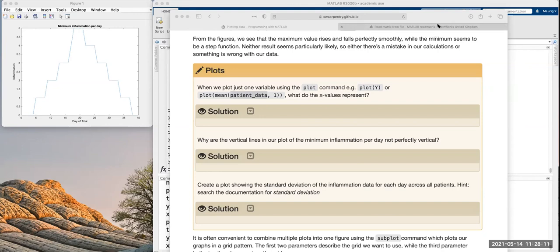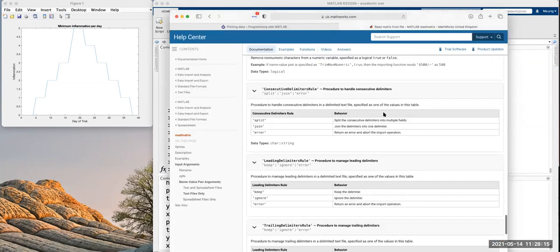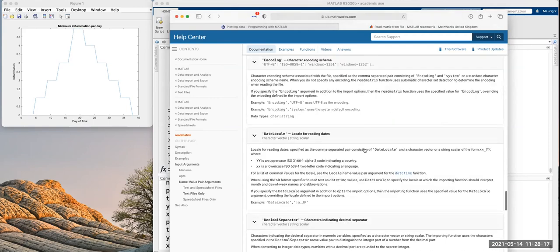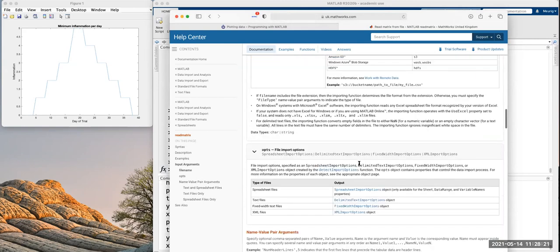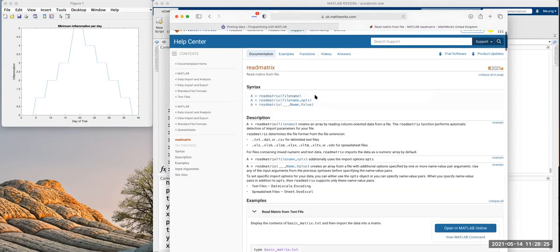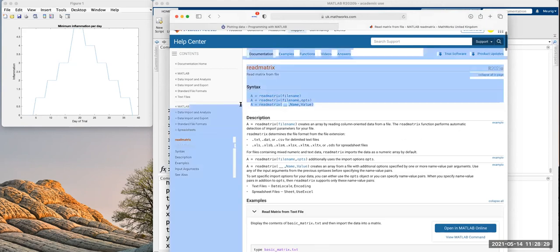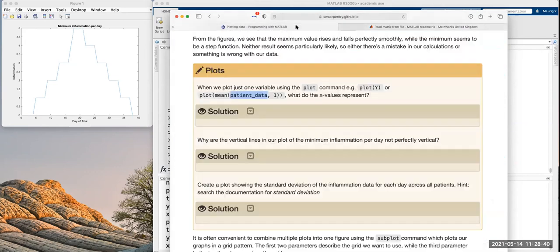So like here, this one we looked at for the readmatrix command, it has all this extra information and little examples and ways to use the command. Most commands in MATLAB have different ways of using them. You can use them in the basic way, or you can add options, or different types of options. So the online documentation on the MathWorks website is a really good source for that. So thanks for pointing that out.